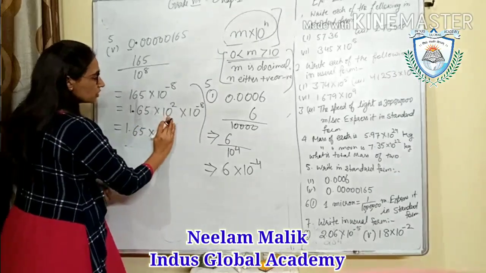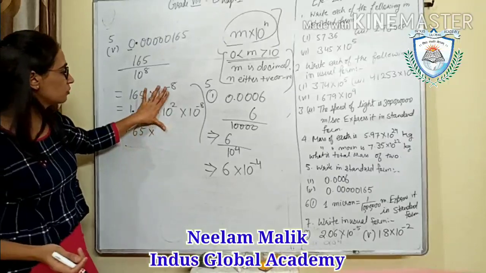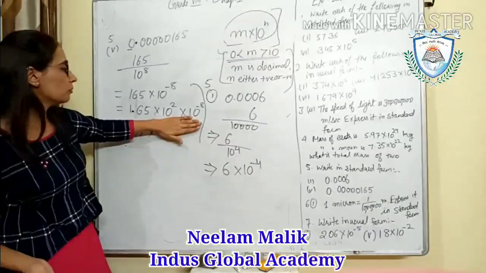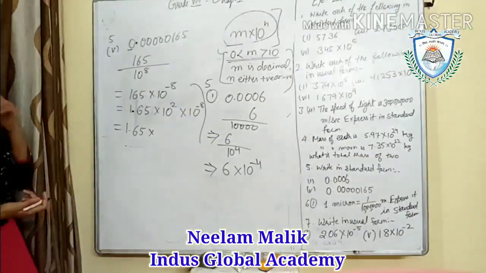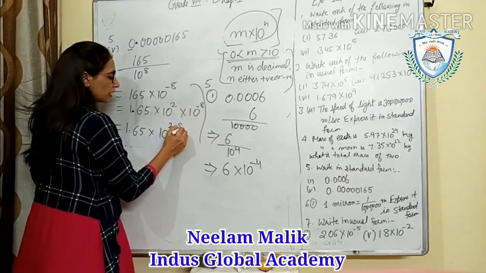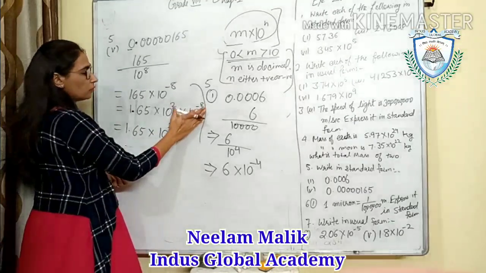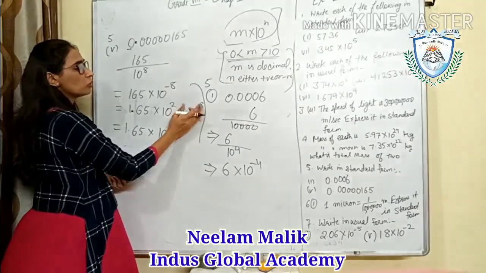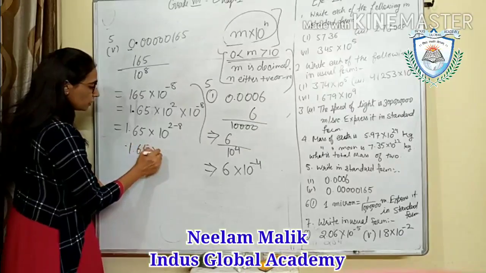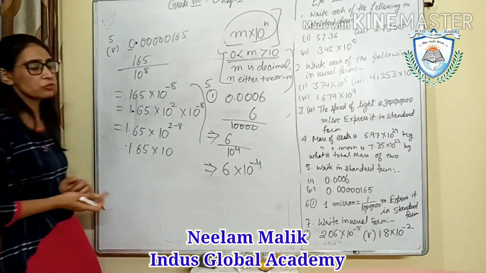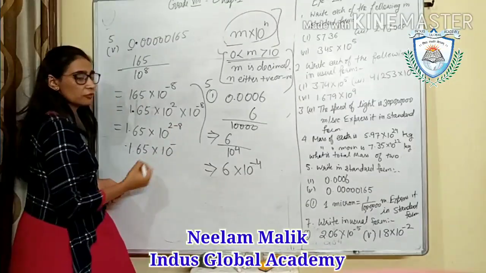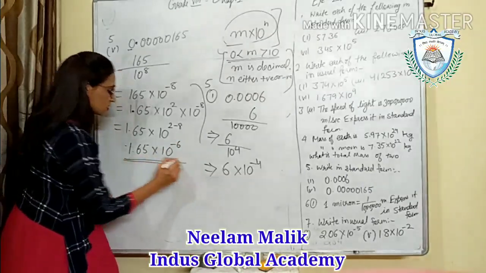Now the power of 10 is plus here, and minus here. So when the bases are the same and the numbers are in multiplication, what will we do? The powers will be added. 2 minus 8. This is already negative. मैं उनको add ही कर रही हूँ, but because that is negative, it will contain the negative sign. So it will be 165 into 10. Which one is big? The negative number is big, so our sign will be negative, and take their difference, that will be 6. So this is now in standard form.